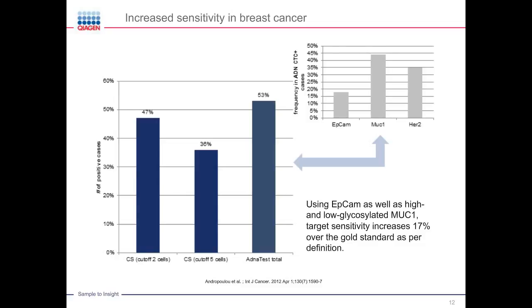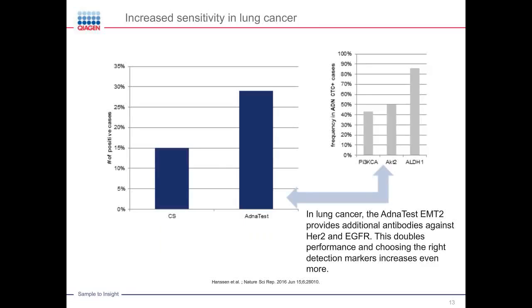And this increase might also be due again to the second combination, which is AdCam, MUC1 and HER2 on the RNA level, since if one of these is positive, and not only AdCam alone, you have a positive finding of the CTCs, a positive result. And super interesting, this is a very recent result published this year in Nature Scientific Reports